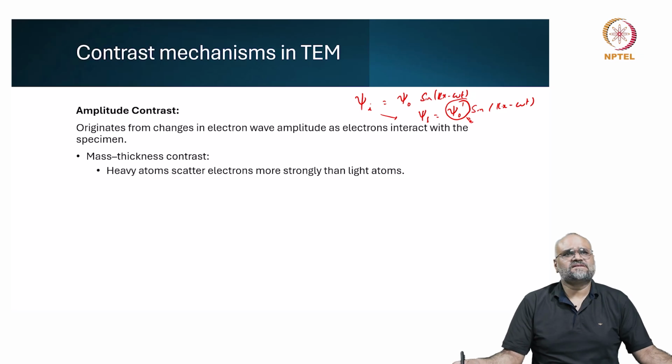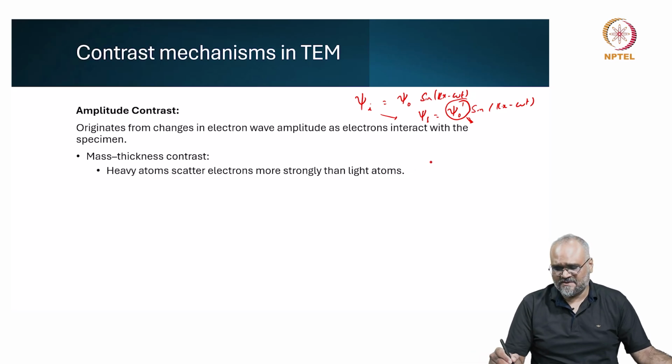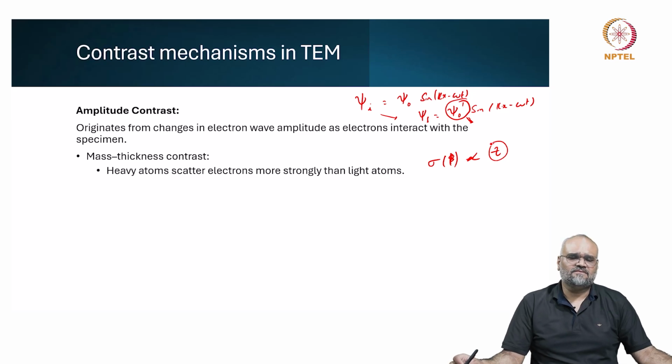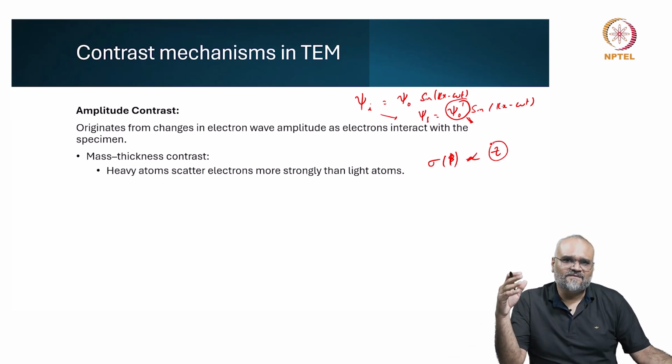Heavier atoms scatter electrons more strongly than the light atoms. If you recollect the expression for scattering cross section as a function of angle of scatter, this is related to the atomic number, and the heavier the atomic number,